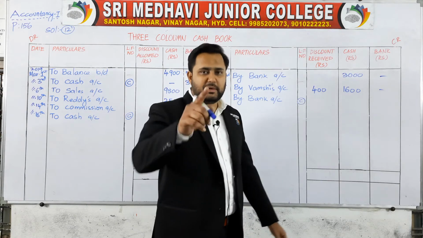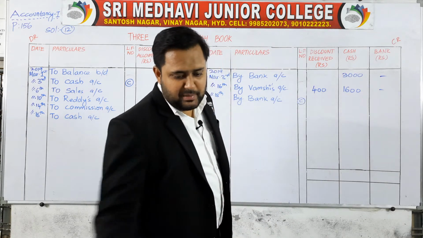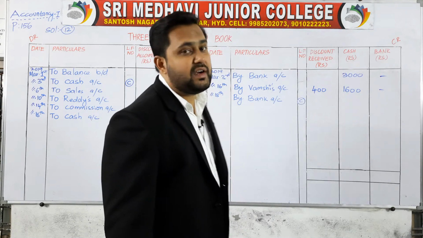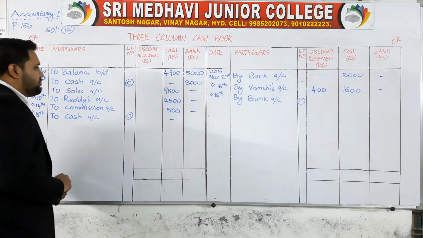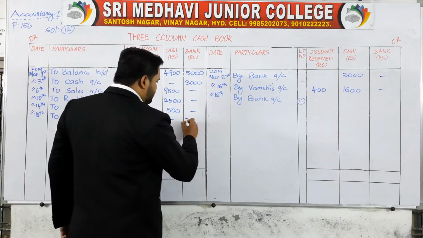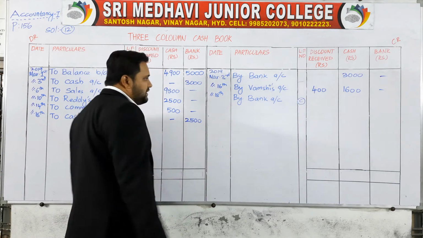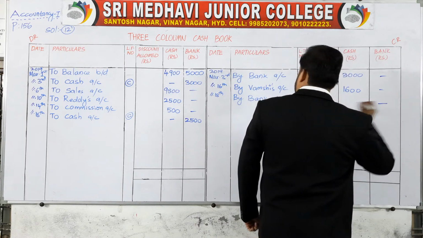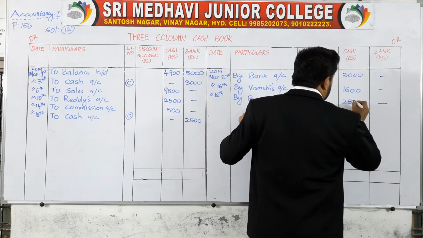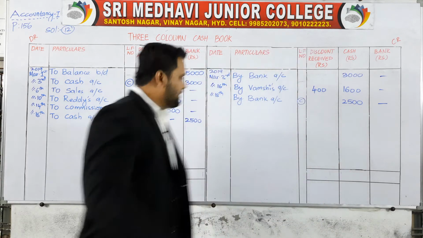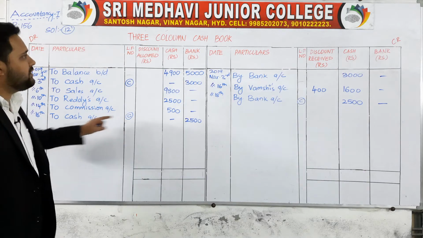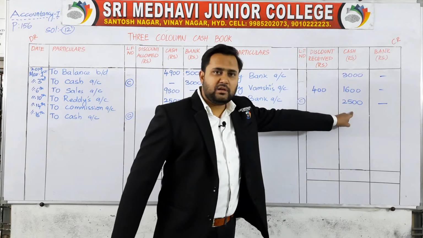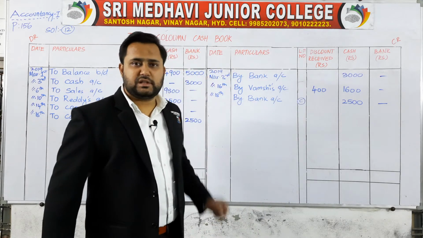Now your contra entry is complete, but you have to write the amount. The amount is not mentioned here. So how much? On date 10th the check Reddy received was 2,500 rupees. You have to take the same amount, 2,500 here, 2,500. Here also you should not write in bank. You are writing bank here, so write cash 2,500. As soon as you write cash here, write the amount in bank. As soon as you write the bank, write the amount in cash. Why? Because it's a contra entry.